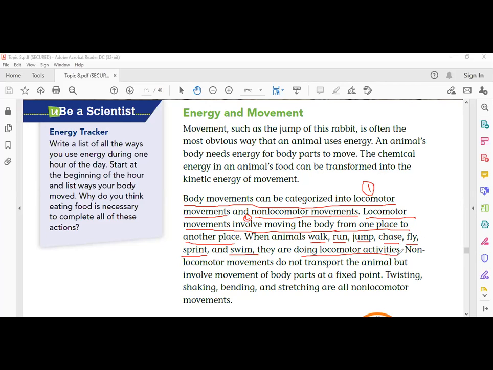Right. The second kind of movement is called non-locomotor. Non-locomotor movement does not transport the animal but involves movement of the body parts at a fixed point. When the animal or even the human moves one of its body parts without